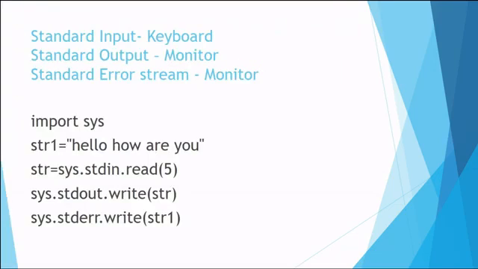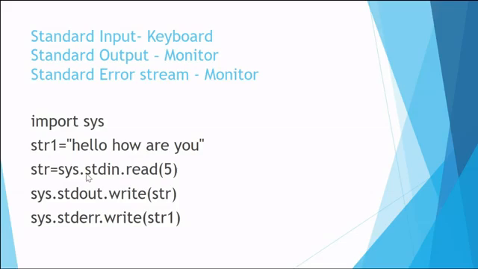Normally we use input for taking an input from the user and we use the function print to print. Input is by default taken from the keyboard. In the same way, we can say that the standard input is a keyboard. Standard output is a monitor. Output is normally displayed on the monitor, and error is also normally displayed on the monitor. Right? So instead of using input and print, we can also use the sys package or sys module, and from that